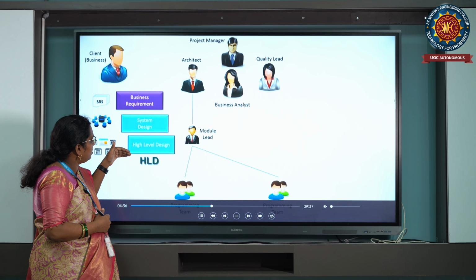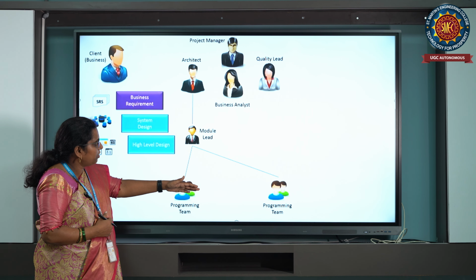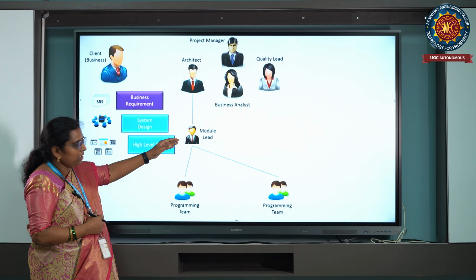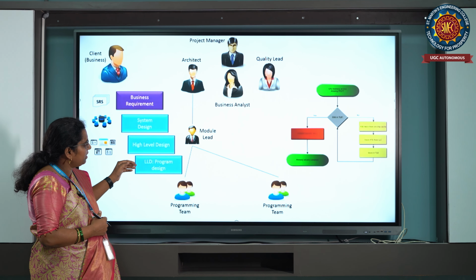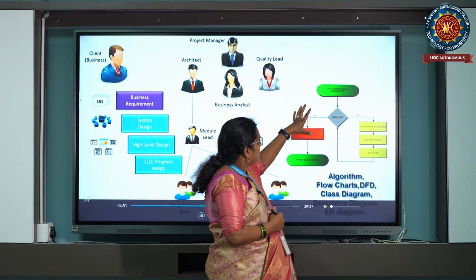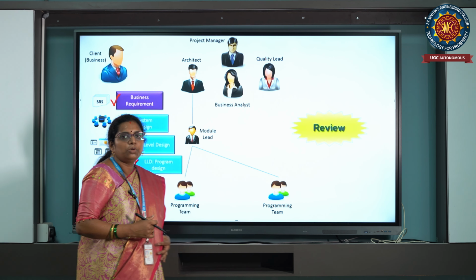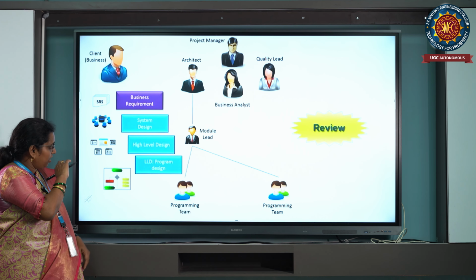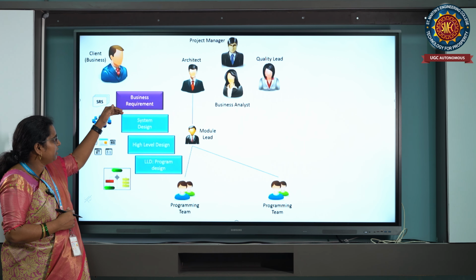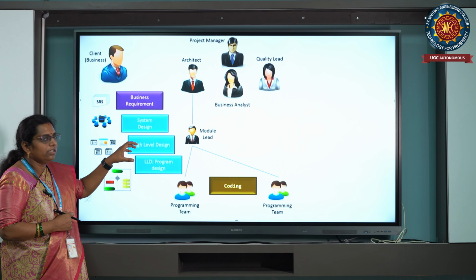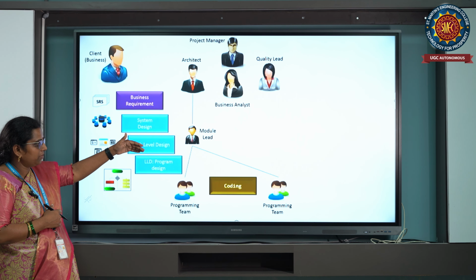Now see, already the high level design. This is the person who is going to divide. The programming teams, they are going to divide. Now he is the project lead, and is going to give it separately. Next is the LLD, low level design, the program design. Now he is going to give it in the form of diagrams. Now what they are going to do is review. A review means they are going to test it in each phase. The business requirement is just a document; they are going to read it, whether it is matching the given requirements or not. They are going to do a review.